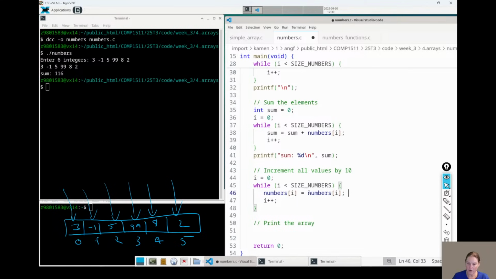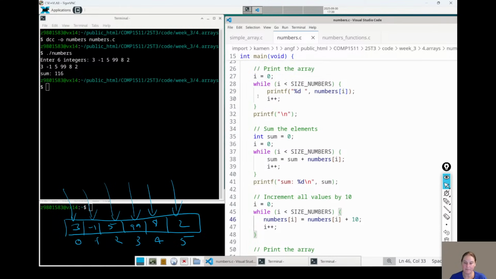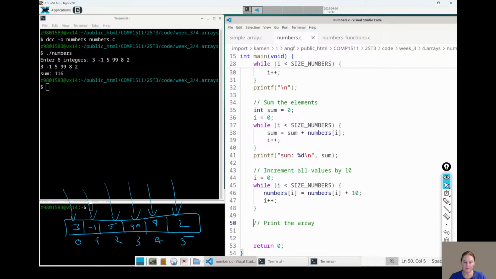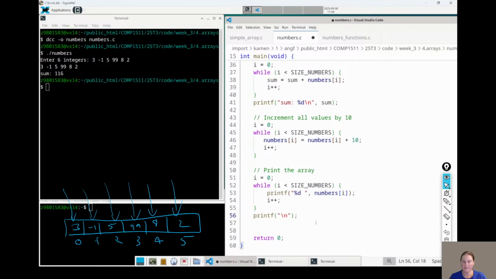But here we're going through every single element in the array from start to end. Whoops. And we're adding on 10. And at the end, we'll print the array again.